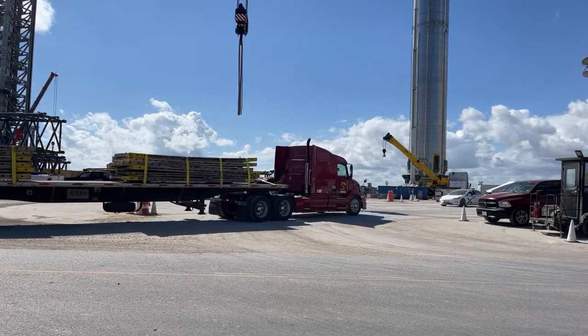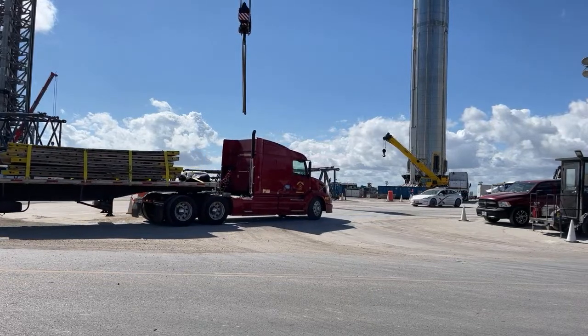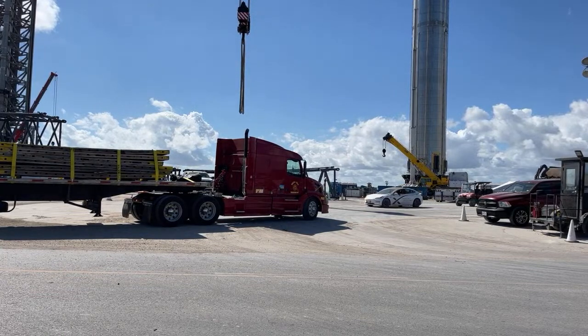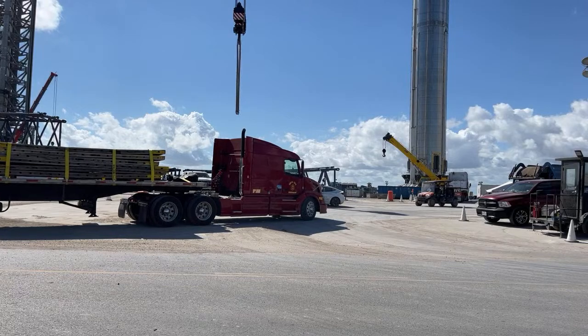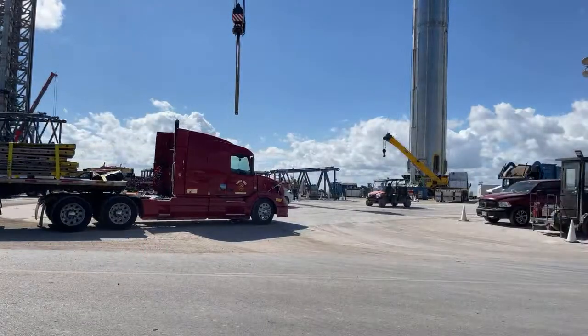Maybe it was a bunch of new SpaceX employees. Tom asked if I'm able to interview new workers once they cross the street. I've never done that. I've never attempted to do it, but